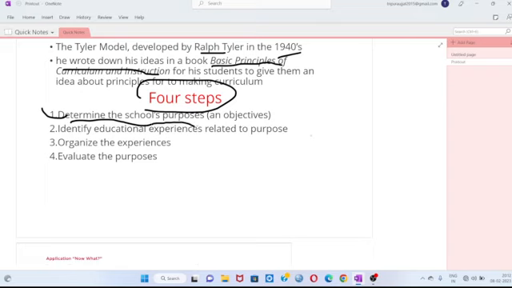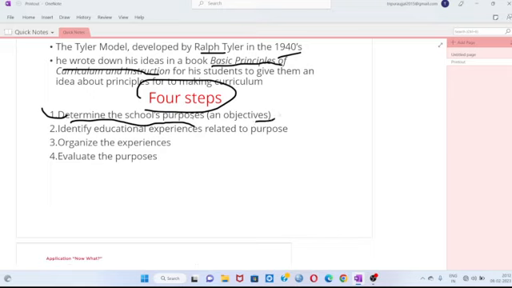Objective means to determine the school purpose. Now, teaching in class 5 mathematics subject, what is your purpose of teaching this mathematics subject? Students will learn calculation. Students will learn how to do subtraction, multiplication, right? Students will learn counting, those things, simple solving, and simple questions, right? So now the purpose is determined. The purpose is to solve that.